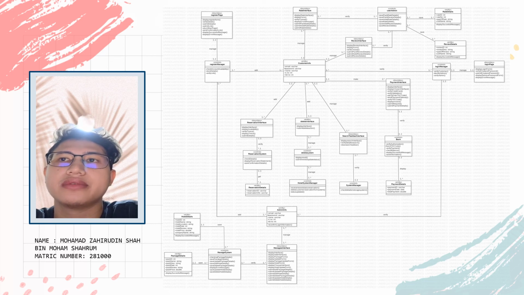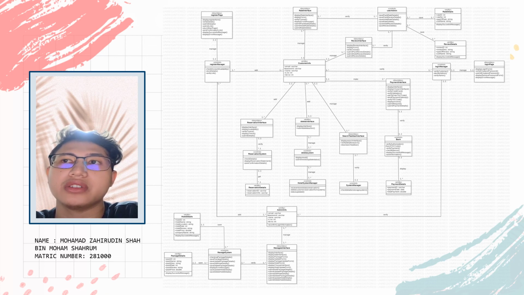After that, we will go to the payment. From customer to payment interface, the multiplicity is one-to-one to one-to-many because the customer is only one at a time that will be using the payment interface, and the payment interface will be many. From the payment interface to the bank, the multiplicity will be one-to-one and one-to-one because the payment interface is only one, and the bank